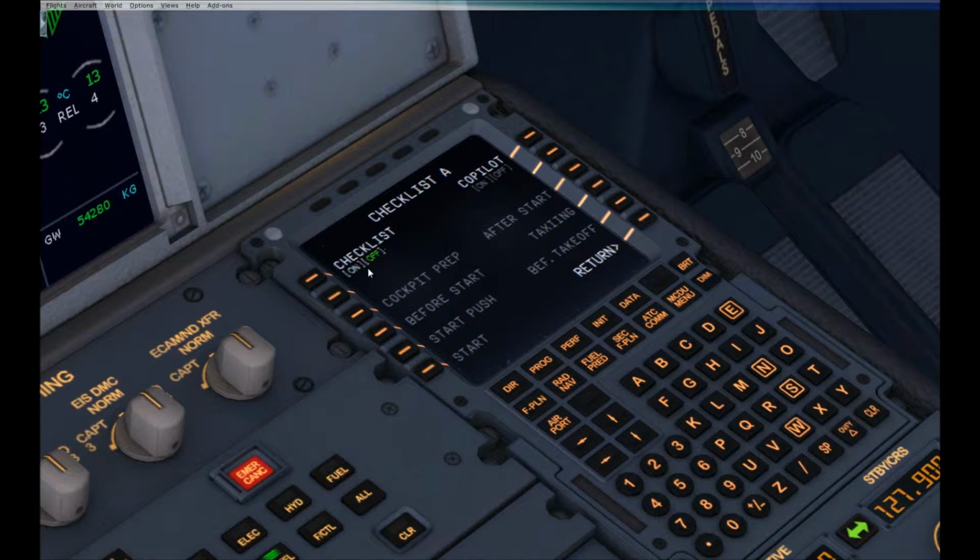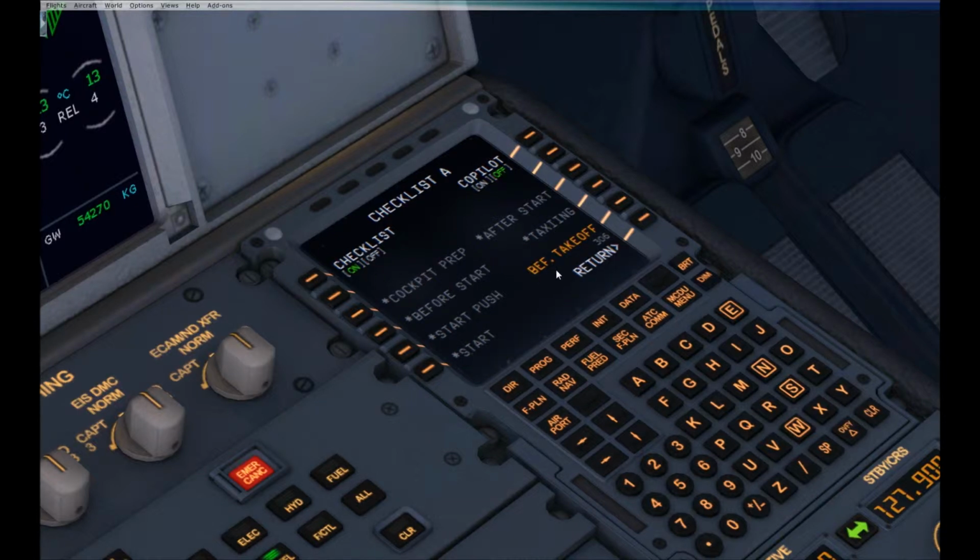It is presently off, and I have an option for co-pilot on or off. That is also in an off state at the moment. Now I am going to select checklist to on by clicking the left hand button,